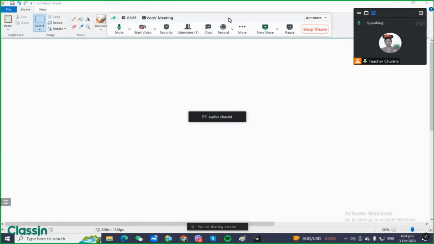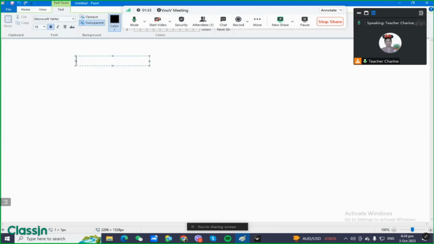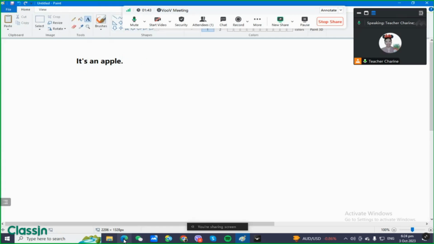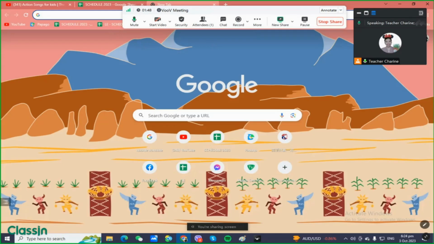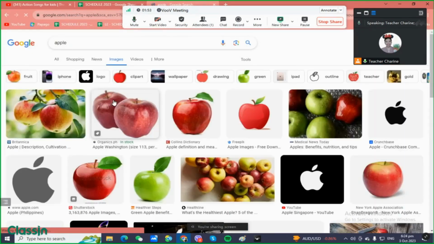So this is the Paint, right? So you can write here. You can write text here. You can make sentences like this, like it's an apple, like that. And then you can put there the picture of the apple. You can search it in Google, like apple, like that. Okay, and then you can copy